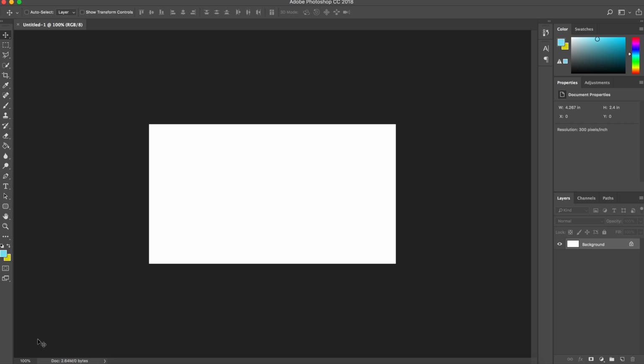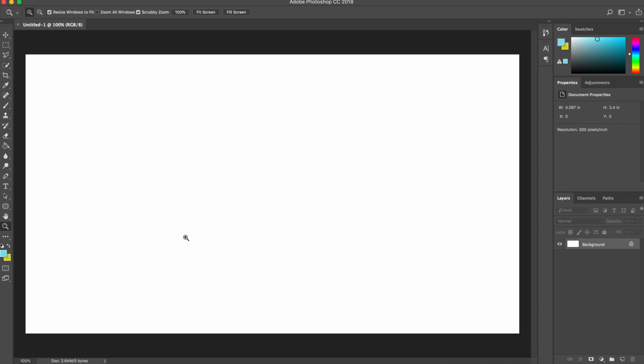So the first thing I got for you is something to deal with zooming. If we take a look in the bottom left corner, you can see it says 100%. That is the size of the image represented in your screen. So this is the actual size of the picture. Now, if we press the Z key, which is the zoom, we can zoom in. Let me maybe throw in a little bit of a gradient here so we can actually see something. If I go back to the zoom tool, I can zoom in, and as you can see now